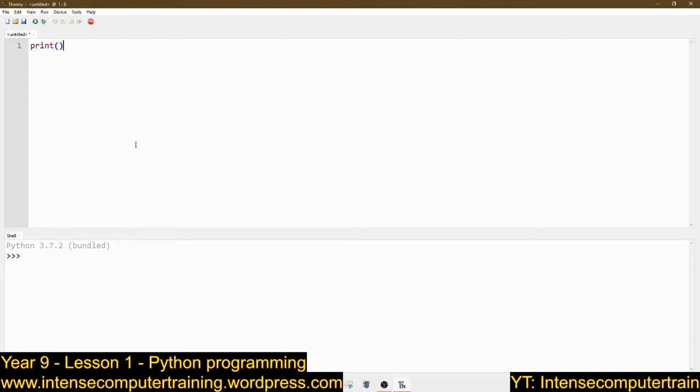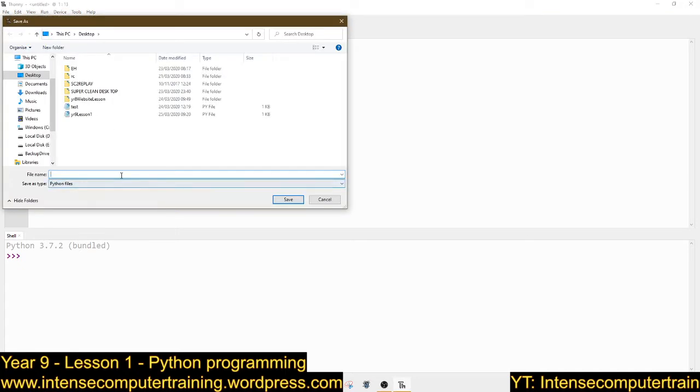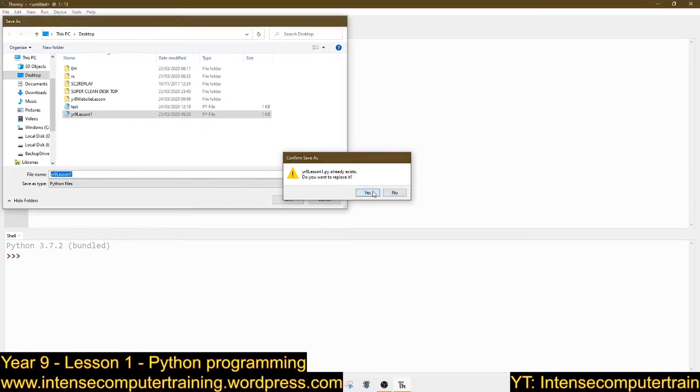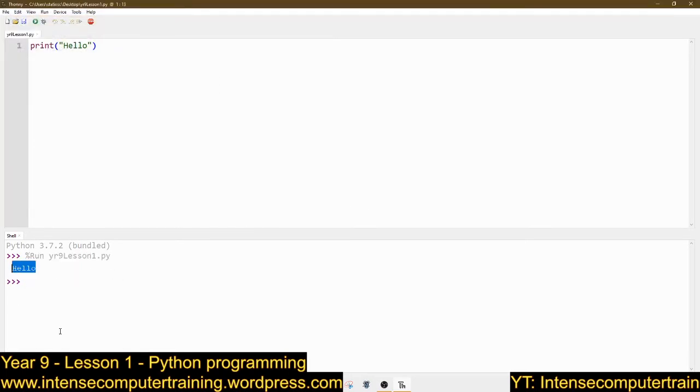So if you go print and then hello like that, and then you run it, it's going to ask you to save it again because we're in a new program. I'm just going to save over the code, yeah, and look what you get. It all comes up dead nice. Now I've really raced over that, and it's taken me 7 minutes to do so because it's important that you install the software and then you can get it running like this. Without being able to do that, it's not going to work.